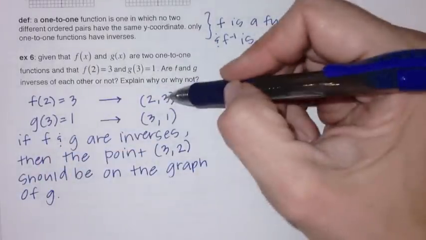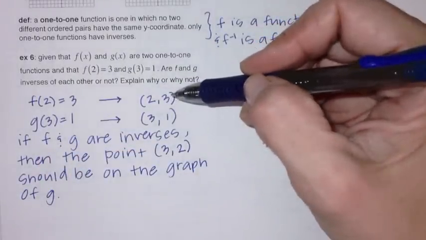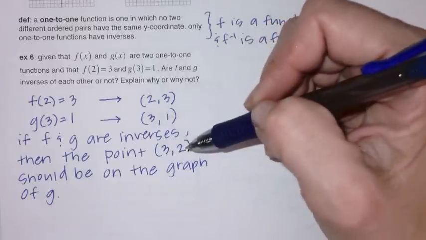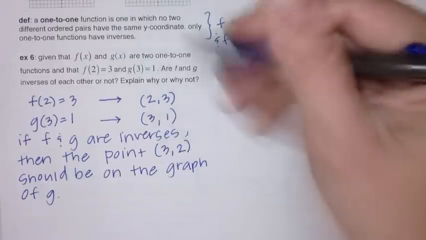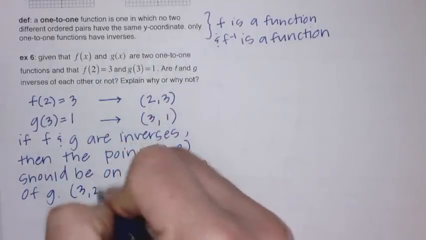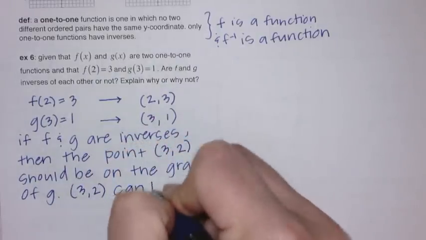So if (2, 3), to find inverses, you switch x and y, so the point (3, 2) should be on the graph of g. The point (3, 2) can't be on the graph of g